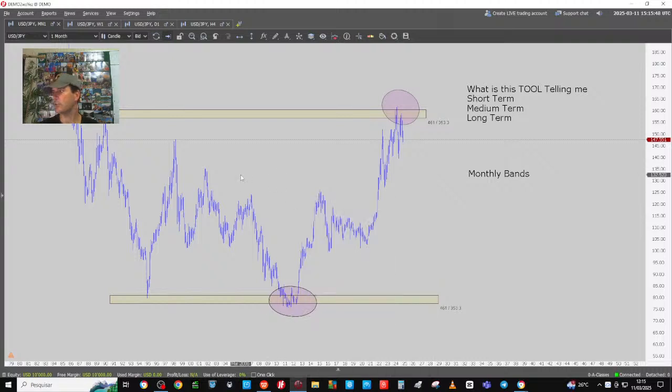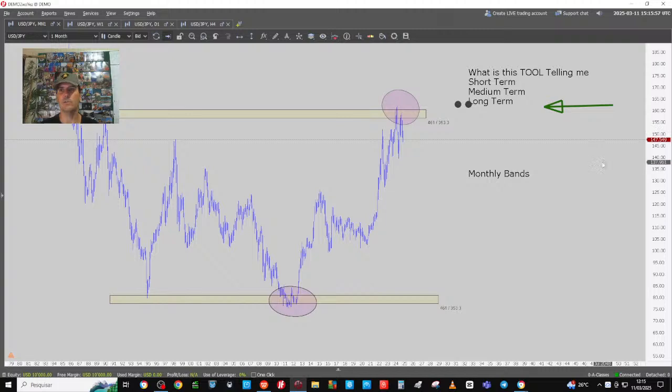So you have two questions so far, everybody. What are the monthly bands telling you about direction? Type in the chat. There is no right or wrong, don't worry. Just type in the chat long, short, medium, short, or long buy, medium sell, short term, I don't know, whatever, just try to put something. And the second question is, where should I start the monthly band trend lines? And I'm telling you, I'm tricking you.